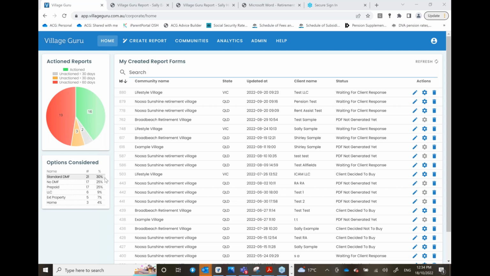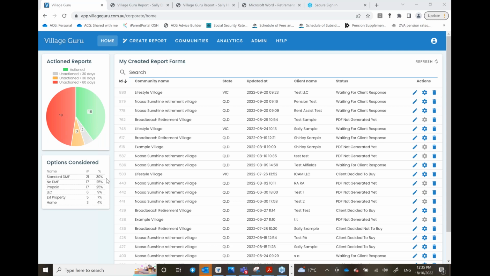You'll start to see, okay, if they've asked for that not to be shown in the report. I know some of you have more than 3 options, you've got 5, 7 options. So if you notice that weighting towards one particular contract, and you know that it's not because of other factors, for example, I know that some of you have affordable housing models that are only offered to people who meet certain criteria, then this can help you to understand what's going on with your pricing and your contracts and why people are